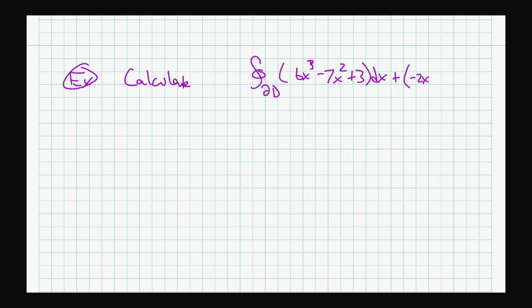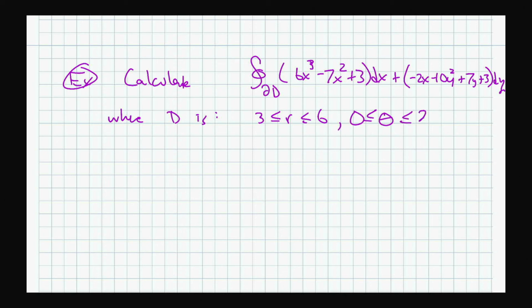So for the example, they say calculate the integral over the boundary of D of 6x cubed minus 7x squared plus 3 dx plus negative 2x minus 10y squared plus 7y plus 3 dy, where D is 3 less than r less than 6, theta in between 0 and 2 pi. And then they say, you may assume